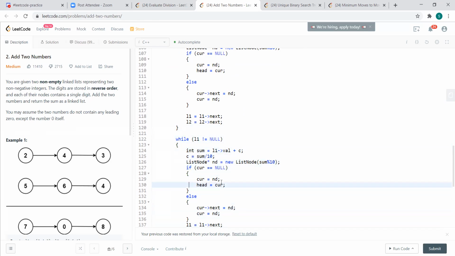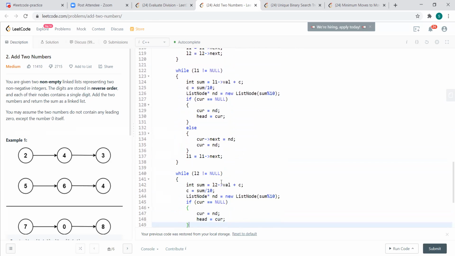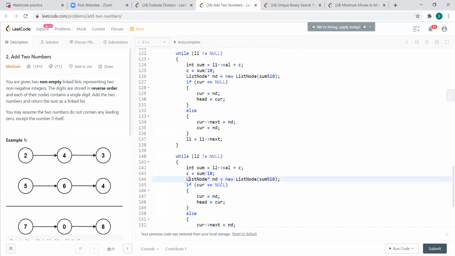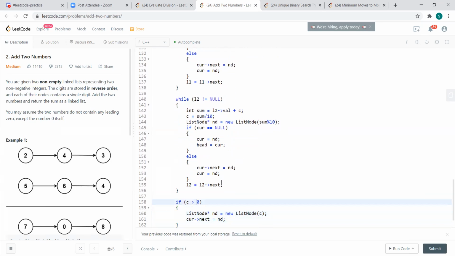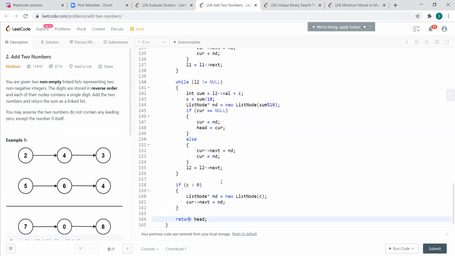Okay, because I'll always have a carry which has been there for the previous operation. So the same thing again, I'll have to repeat for L2 also, right? And then I'll have to again take care of the carry also if the carry was previously assigned a value. Then when I'm done with L1 and L2, I'll again have to look if my carry still has some value and it's greater than zero. And then again I'll have to do some more things, create one node for that, and assign it to whatever was remaining, and then at the end you return.